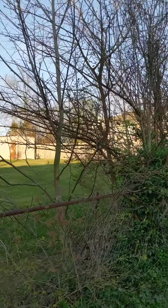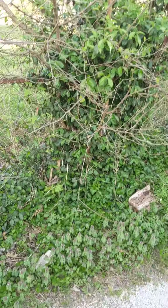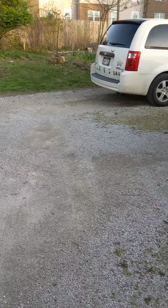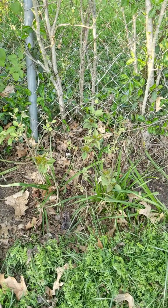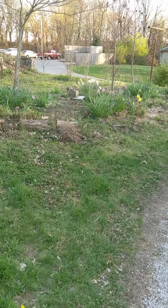There's another mulberry tree over in this mess right here. I don't mess with this area because there's poison ivy and the property here is abandoned, so they don't do anything. But yeah, I'm just kind of rambling and showing everybody my yard and the projects that I'm planning. I need to separate all these lilacs out. Right now would be a good time, while they're small and it's still cool out,